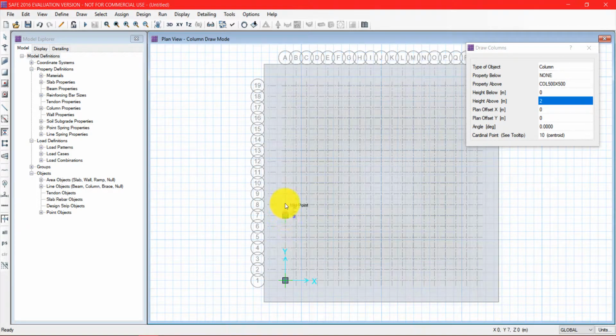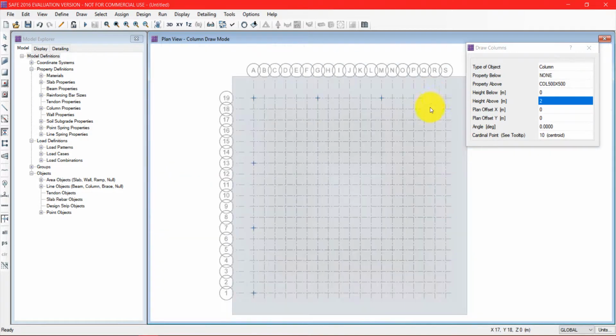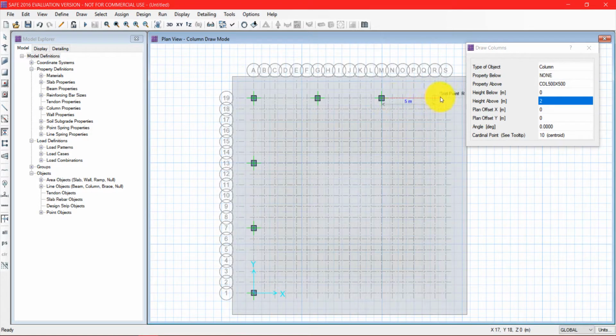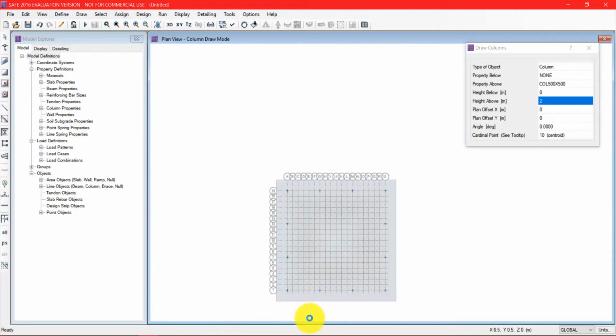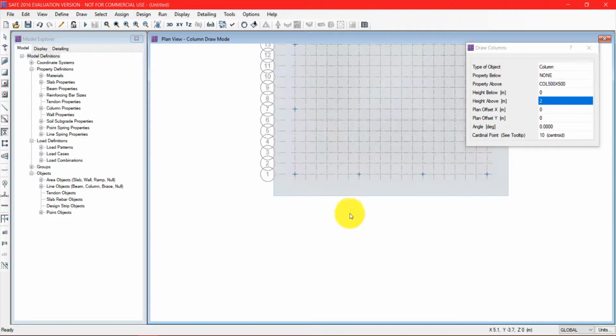On a distance of 6 meters, we'll be placing the columns. Once this column is defined, press escape.